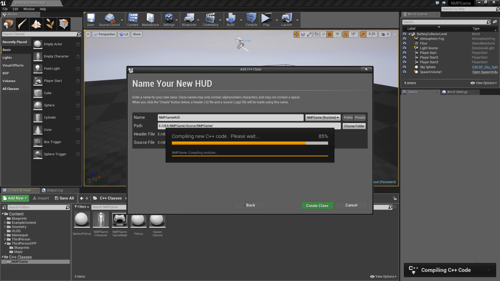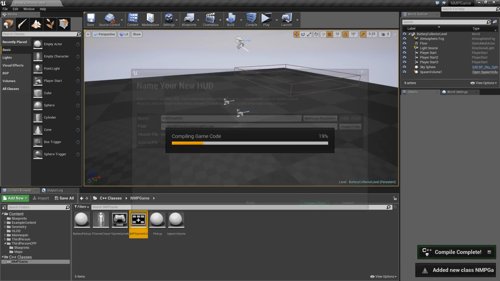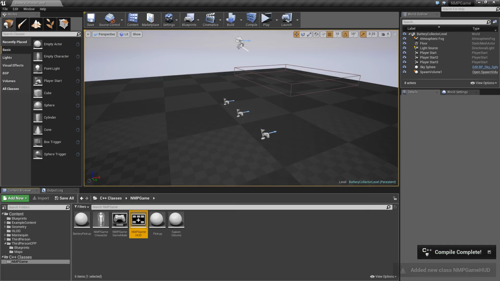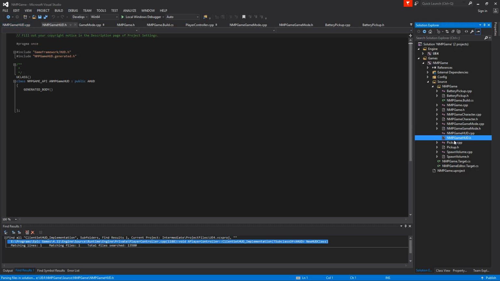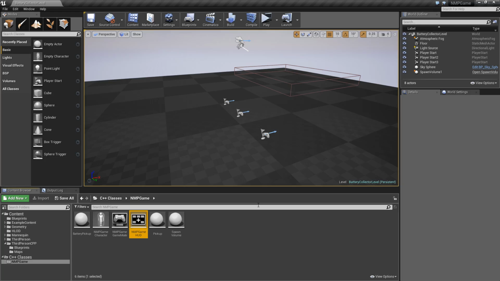Then we will be able to flip over to Visual Studio and see that class. Now, that's all done. I'm just going to switch over to Visual Studio and you'll see here's our HUD class. There's not much boilerplate. Just sort of a shell, and that's okay. We're not actually going to do anything with it for now. So we're just going to leave it there. We're good. We can switch back over to